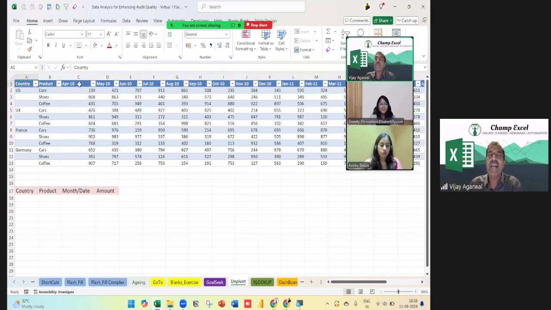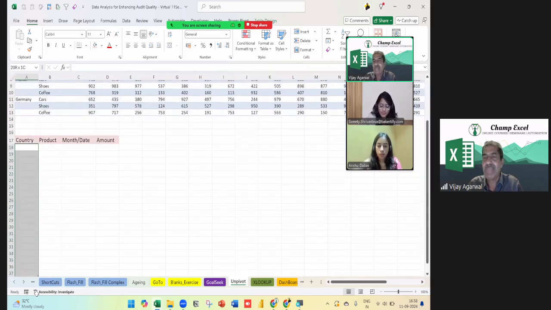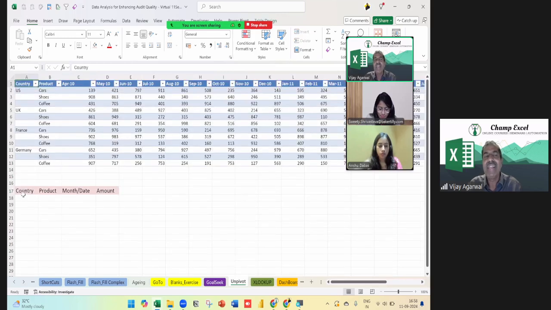Sometimes we get some data and maybe we have the trial balance. These are the GL codes and we have 25 entities. For all entities, we have the trial balance: one entity, second entity, third entity. And if you want to consolidate all the data, it's very difficult to do. Maybe right now we have only 12 rows. My number of rows can increase, but my data should be in this format. Doing this manually is going to take a lot of time. So what we need to do first is fill this.